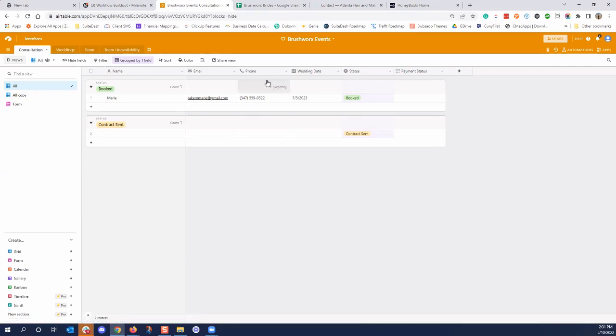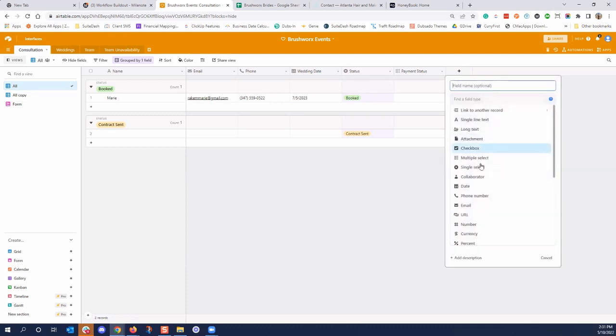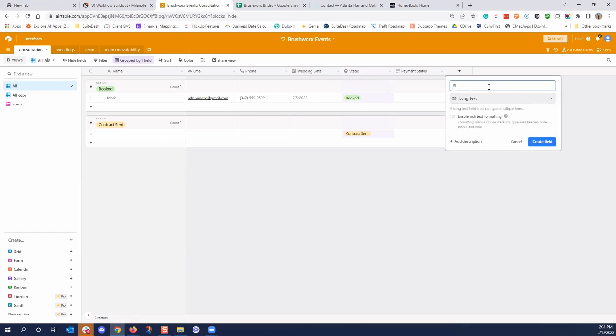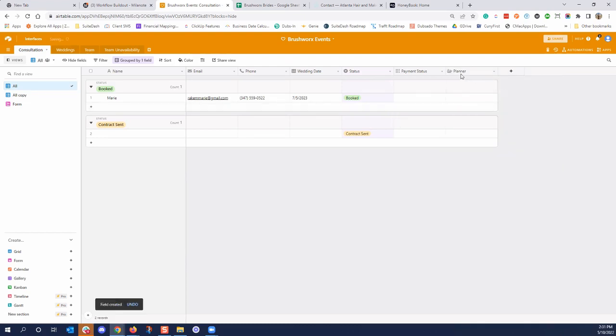Absolutely is. And how about this? Instead of having it on the weddings tab, which I can do no problem at all, how about I put it on the consultation plan tab so that you can have that on a high level instead of seeing all that extraness. You can see it here, and I can just add it as a text field. And then I can also just sort it by that. Yeah, that's great. Okay, so I'll do that.